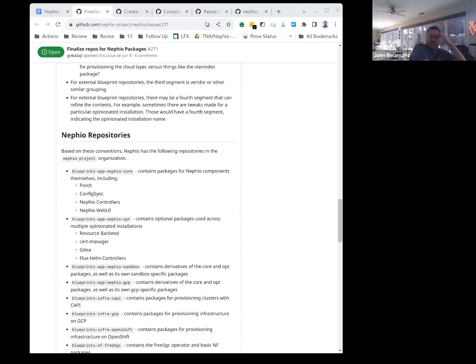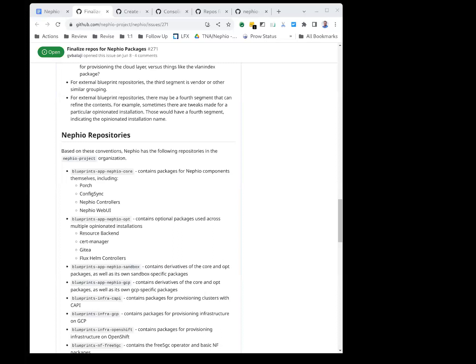Yeah, okay. Vish. Yeah, I think some of the points I wanted to bring up were probably already touched upon. I think Bala was mentioning domain too, right? I think it might be better to have a mix of these things. For example, when I look at it, the blueprints app, Nefio Core, Nefio Opt, and Nefio Sandbox can actually be in the same repository. And things like GCP, CAPI, Infra, and OpenShift might be their own standalone repos. There's probably scope for mix and match there for the logical structure. So hitting the same point that Bala and you guys were discussing.